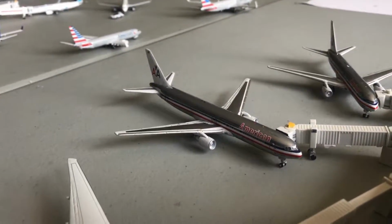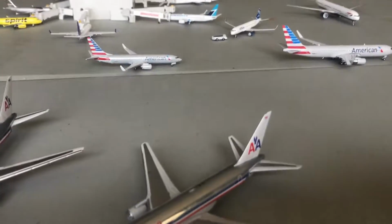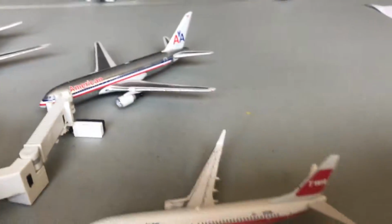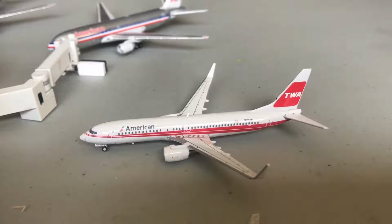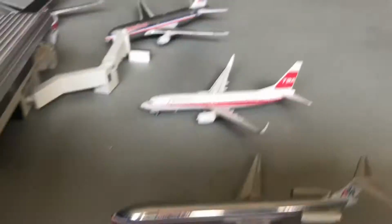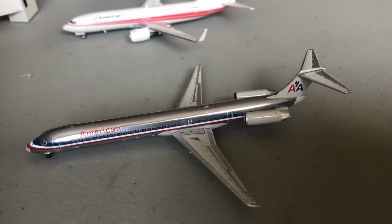American Airlines Boeing 767-300 service to Chicago. American Airlines Boeing 767-200 service to San Fran. No, it's not realistic, but it's here. American Airlines Boeing 737-800 TWA Retro service to Nashville. American Airlines MD-80, the one that I get to choose the destination for, heading out to